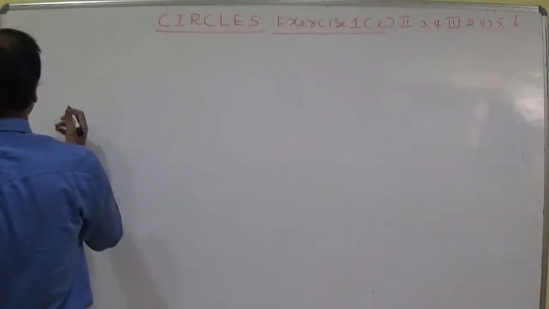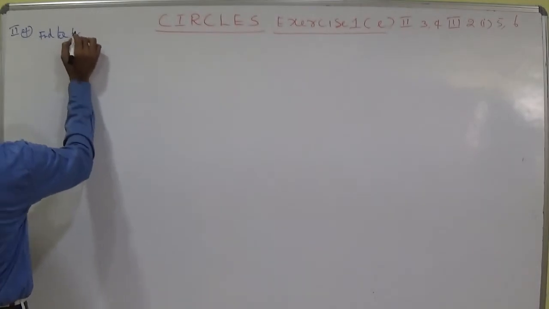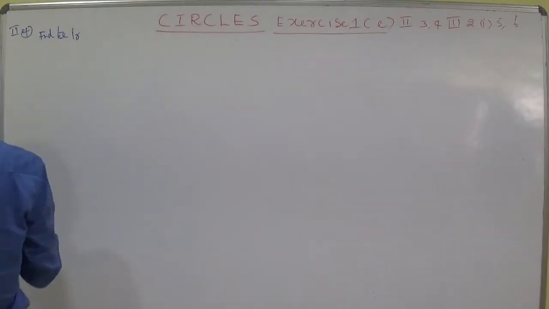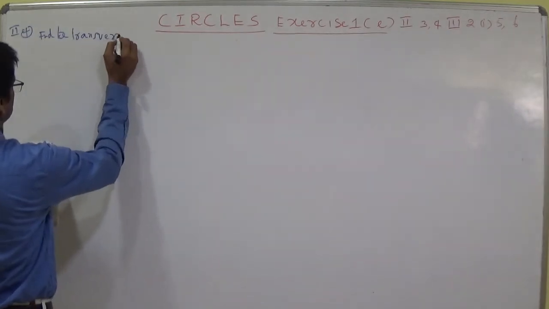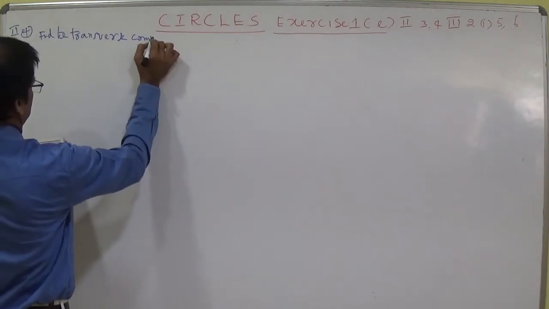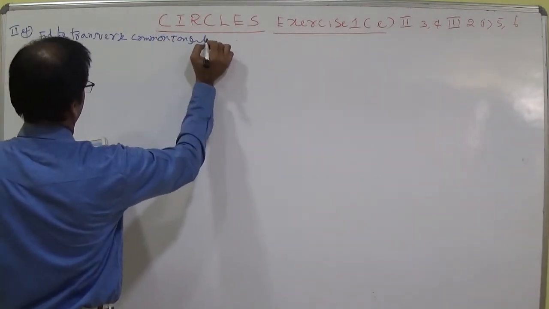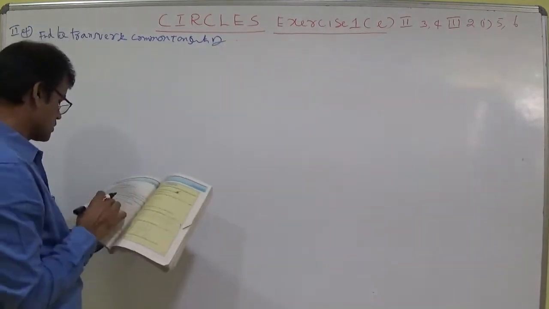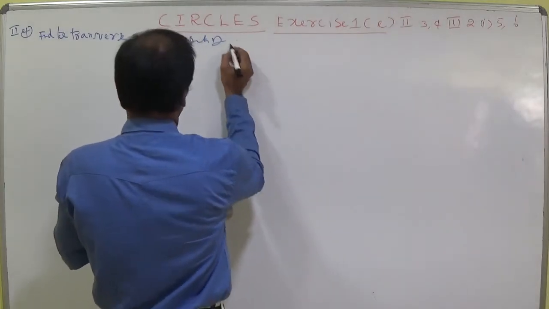Roman number 2, fourth question. Find the equations of transverse common tangents of the circles